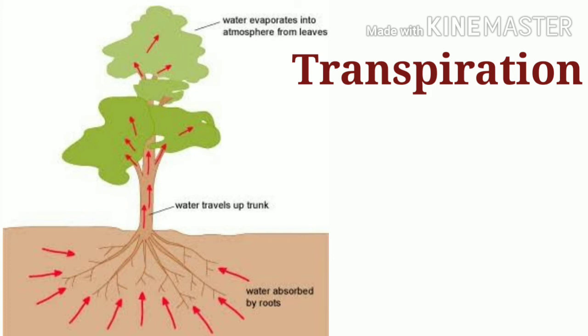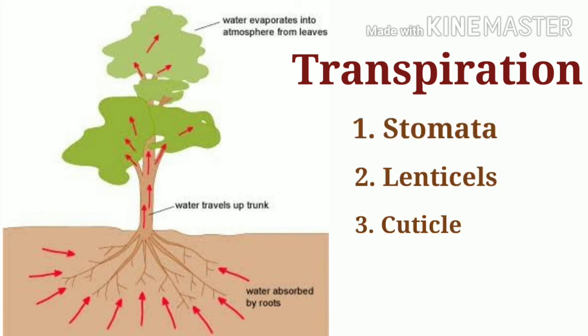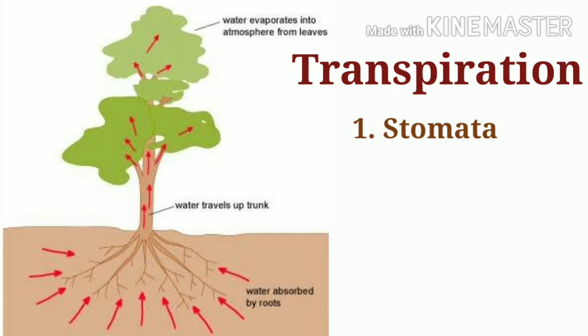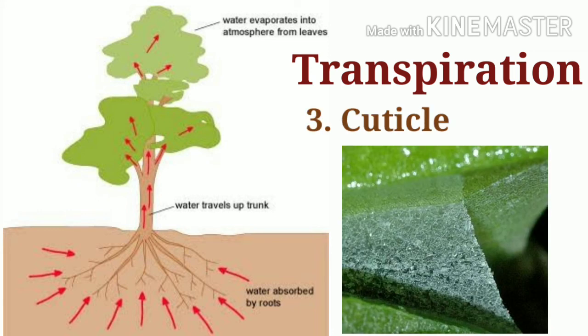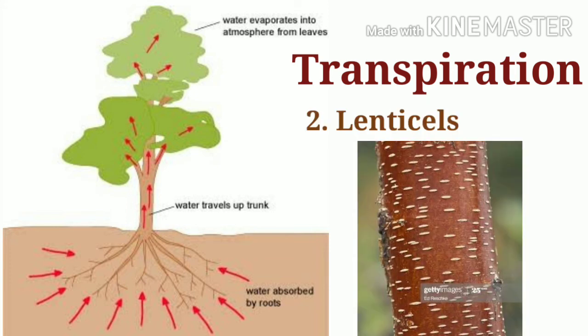Transpiration is the process of loss of water in the form of water vapor from the aerial parts of the plant. Transpiration mainly occurs in three ways in the plants. They are through stomata, through cuticle and through lenticels. You already know stomata are minute pores present on the epidermis of the leaves and young stems. Cuticle is a waxy layer or covering of leaf and stem epidermis, and lenticels are the tiny pores present on the bark of trees or in older stems.